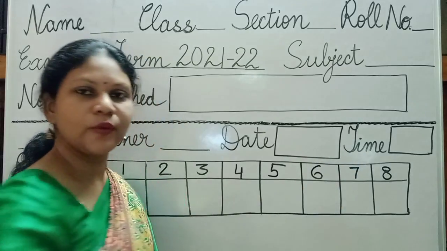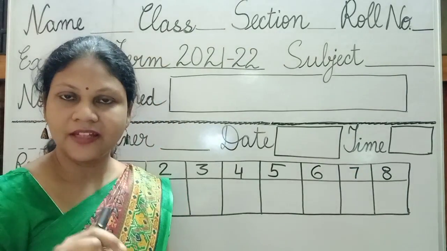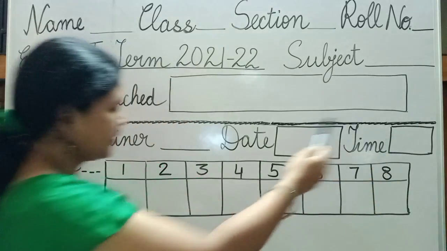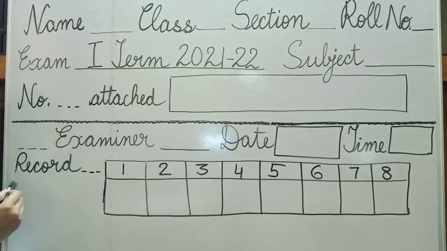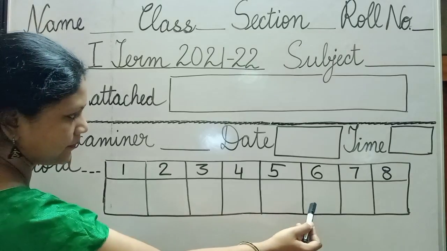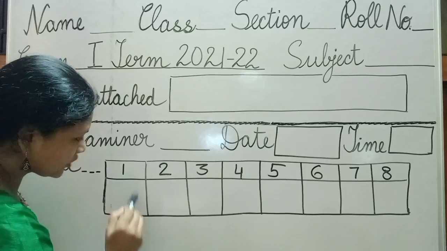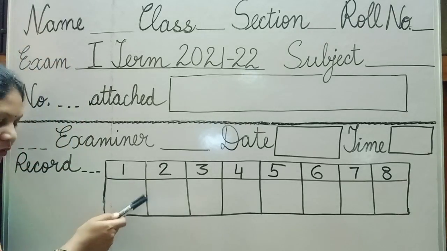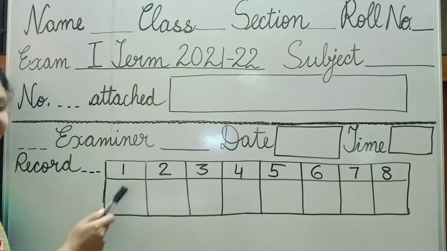Regarding the timing, children, you are allotted 9 to 11. So you have to mention 9 o'clock here. And then the last heading, record of continuation sheets, where it is expected that invigilators initials, where you can see many boxes are given. So this section also will be filled later. How it will be filled, when to fill, I will tell you.